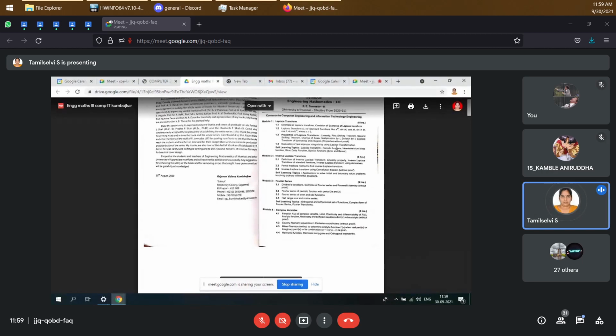See here, the self-learning topics. Here you have the pre-dot function, AB side, Dirac delta. In the first one, error function. Second one, application to solve boundary value problems. Orthogonal, orthonormal set of functions in Fourier. So any topic you can choose for your mini project. So that is the reason.